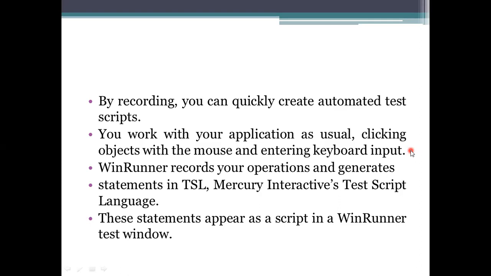Record means whatever work we are performing on that window or on a selected area for testing has to be documented, or you can say saved for further processing. Further processing includes what we are giving to that application, whether it is an input or any other representation it accepts, which has to be compared with the actual results.